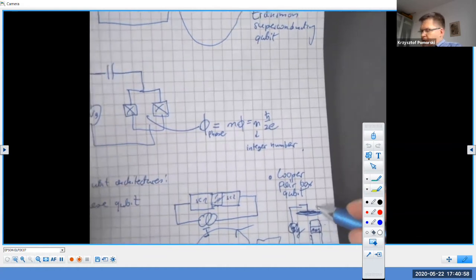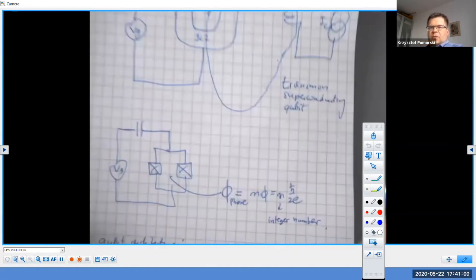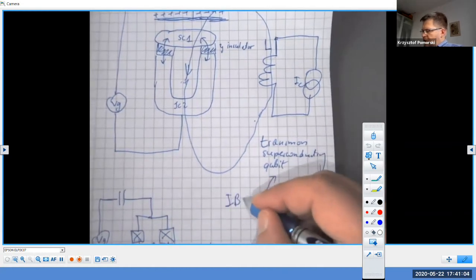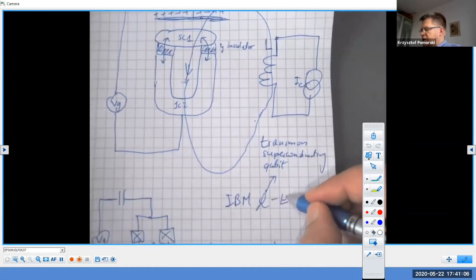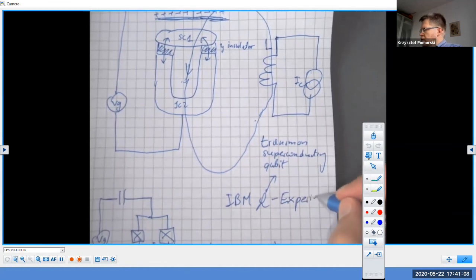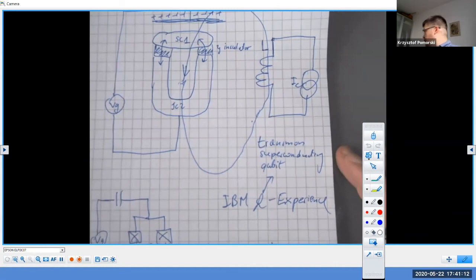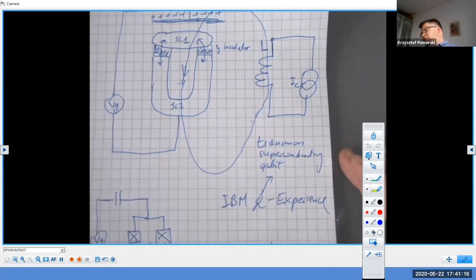So this was the Cooper pair box, and this is for the transmon, and the transmon is used in IBM Quantum Experience. So whenever you have a chance to log in to an IBM quantum computer, you are going to use these arrays of qubits. I think commercially available are like 20-30 qubits on one chip. There are certain operations implemented. All right, so let's